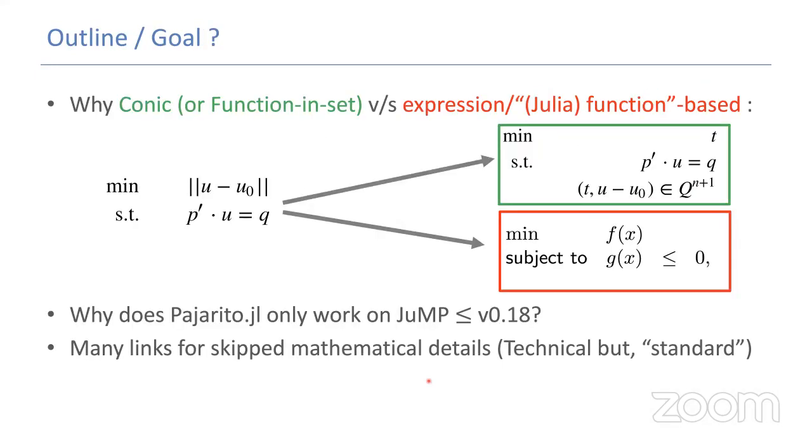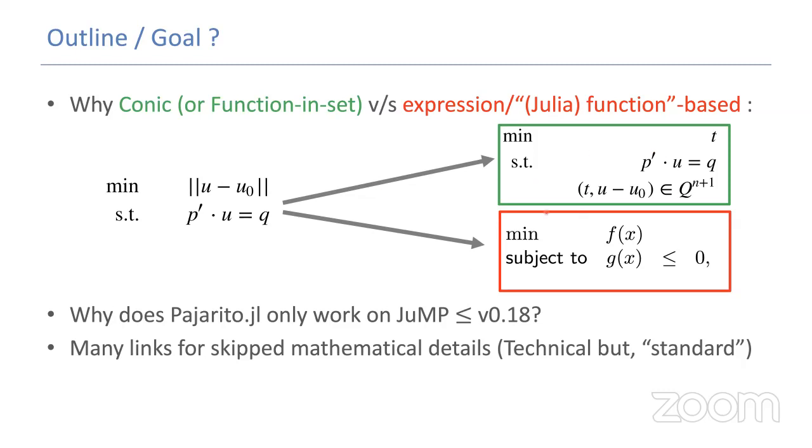So one of the things I want to talk about is, why are we doing this? Why couldn't we just write down something with norms? Couldn't we just use the nonlinear interface in JuMP? And you can still do that, but you could actually get a little bit of extra power by doing the conic formulation using this particular form.